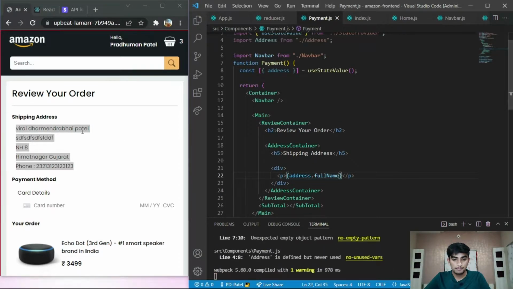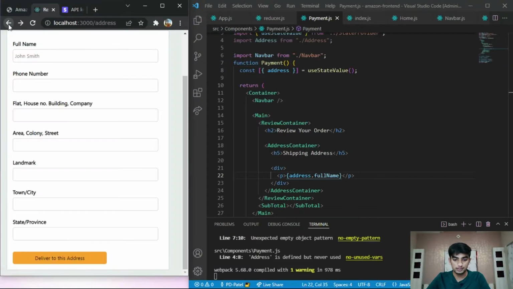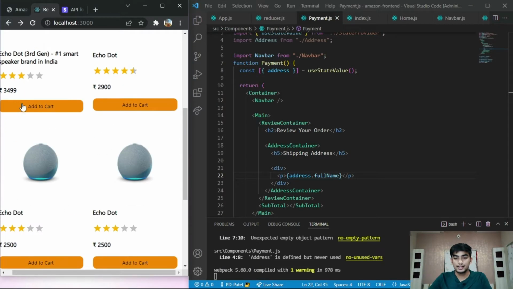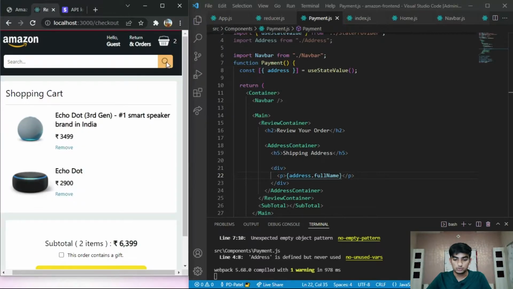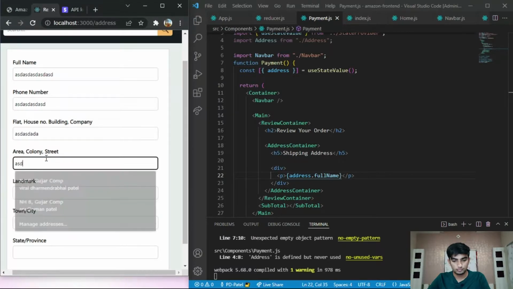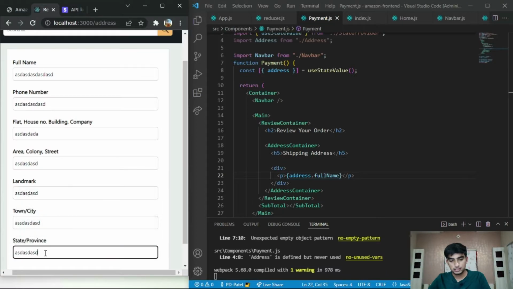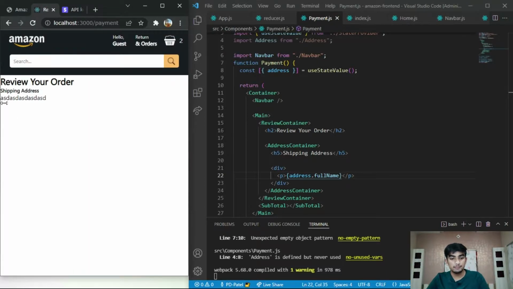Now go to the app. Again we have to run the things here. So just go to add a product, go to proceed to checkout, and just type something here and deliver to this side. As you can see, the name appears here. This is the name, and then we want